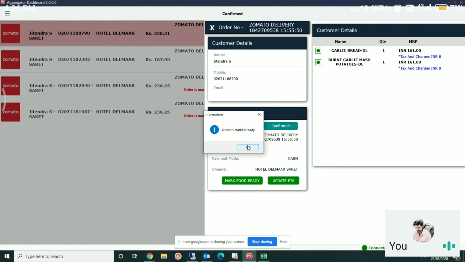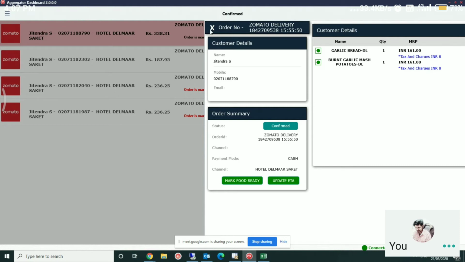Can you showcase any PDF which is captured as a KOT? How will it be visible on screen right now? I can share the KOT format, but at this moment I don't have that format. Okay, done. After this session is over, I can share the format of the KOT. We will generate it and send you one sample format.